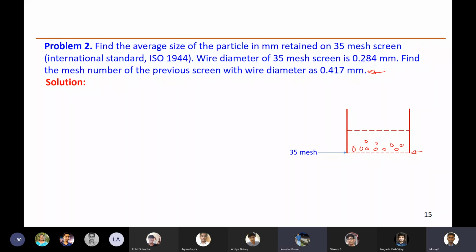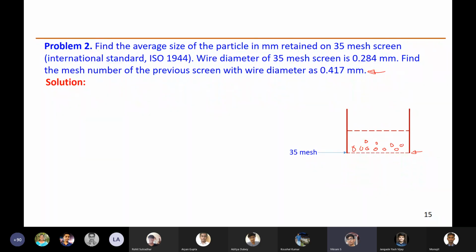Yes, go ahead. Find the aperture and the wire diameter. I had taken the previous one as the screen. What is the first step? First you find out the aperture of the 35 mesh screen. Sir, first we find out the aperture and then we add